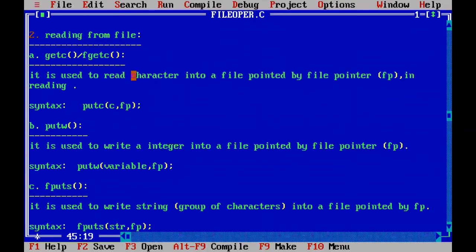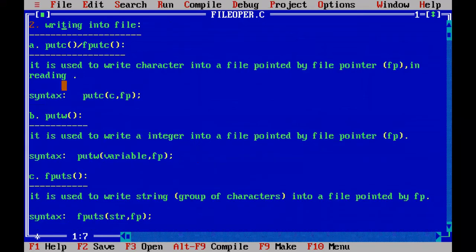So it is used to read a character from a file pointed by the file pointer in a reading operation. Earlier it was used to write some character into the file pointed by the file pointer in a writing operation. Here we wrote it wrong, it should say writing operation, because the writing operation is what we discussed first.